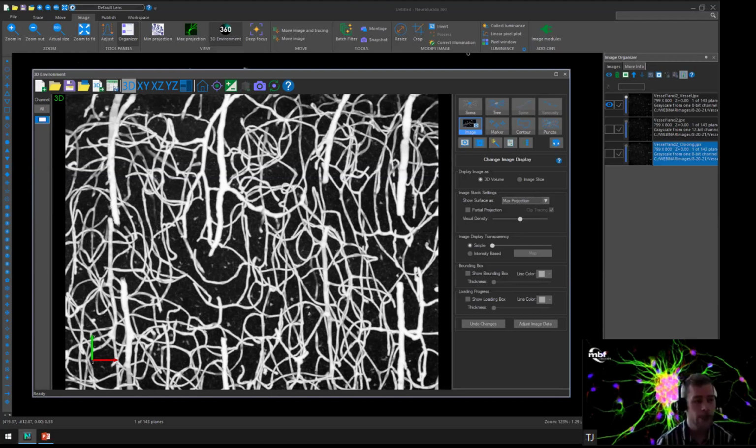spot. For those of us who aren't working in vasculature, one reason to apply the closing filter might be if you have gaps in your staining, or if you have hollow somas that are appearing in the 2D or in 3D, I guess. But when we look in 2D, if we can see hollowness in the soma, if that staining hasn't completely filled it in, it's going to do a nice job of creating those bursts of saturation in the pixels. So that way we can close the soma a little bit more and have a nice full reconstruction in